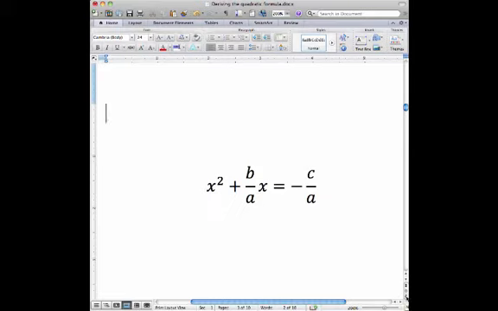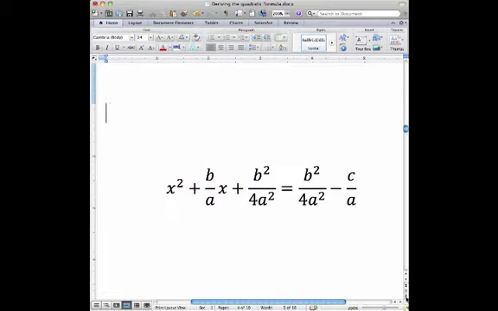So in the next step, we add b squared over 4a squared to both sides. Adding b squared over 4a squared to both sides of our equation gives us this step. Now, notice on the right-hand side of this equation we have two fractions. Those two fractions need to be subtracted. In order to add or subtract fractions, we must have a common denominator. So, getting a common denominator for the fractions on the right-hand side